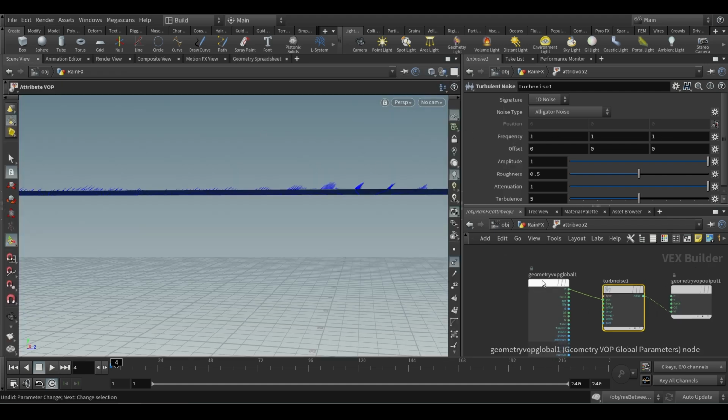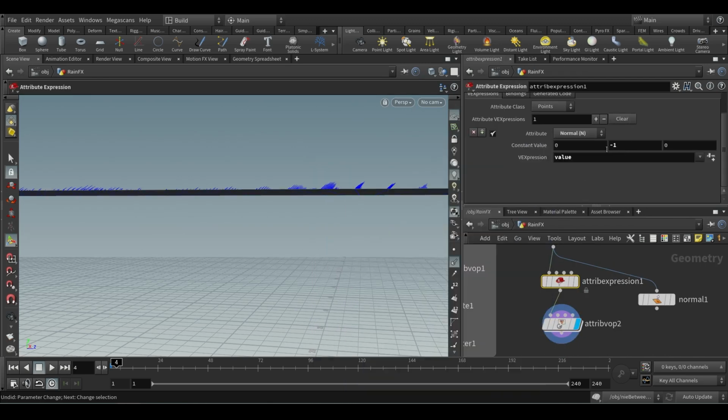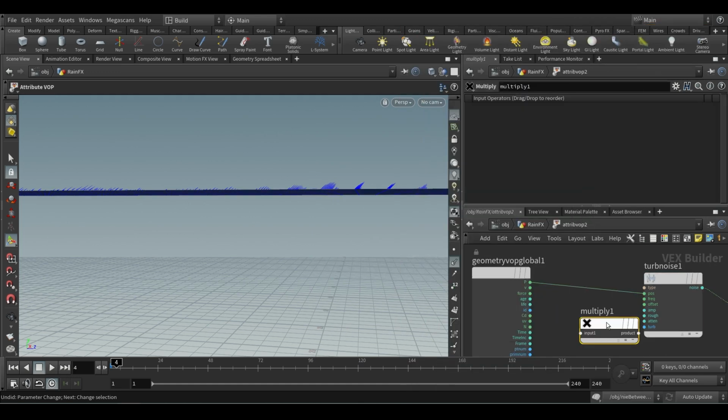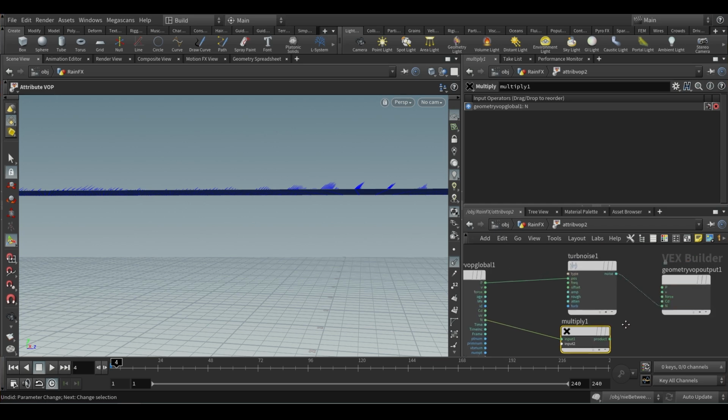But what we want is, we already have a normal value in here, -1. So we can multiply that. I'll multiply the normal which we already have, 0 and -1, and that's going to multiply with whatever value this has. If you saw here, it has a value of 0.15, right? So that's going to multiply with this value and get a different result. That's what we're going to do.